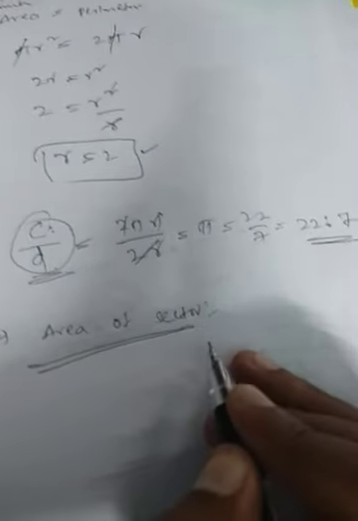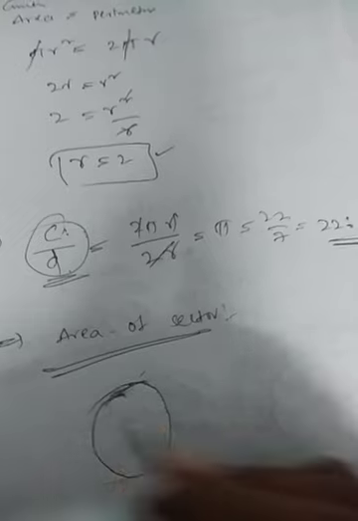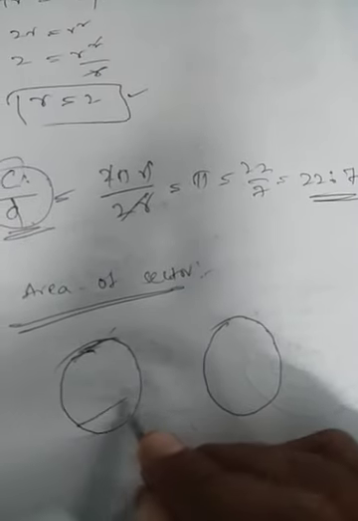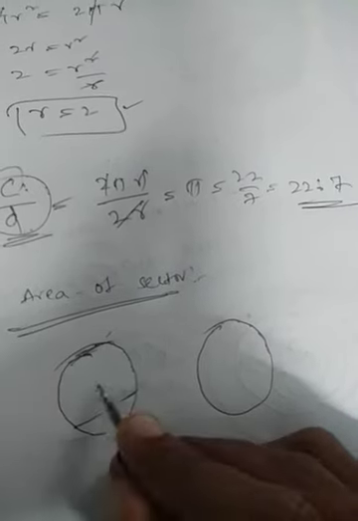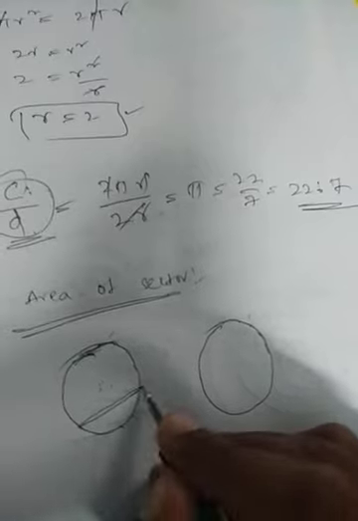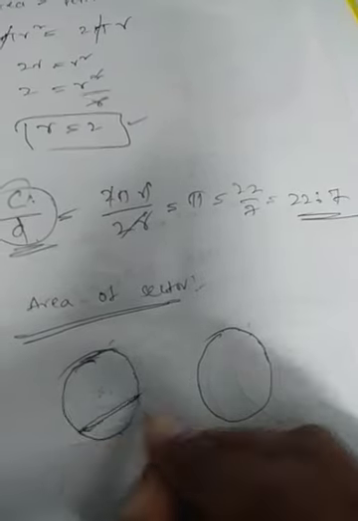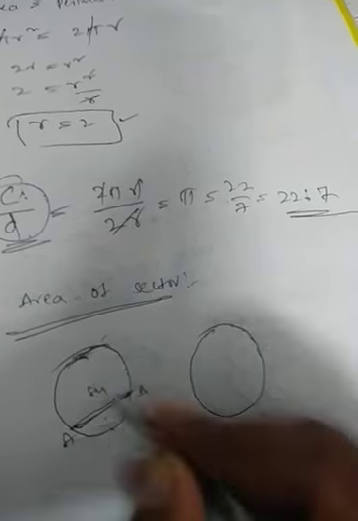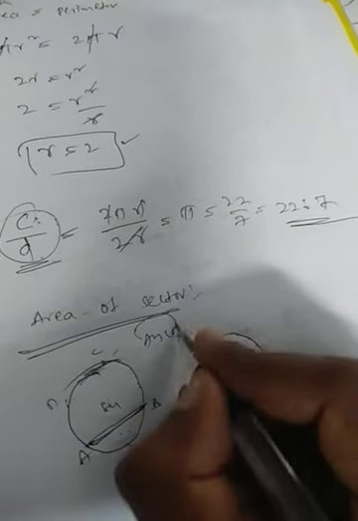First, what is a sector and what is a segment? There are two types of figures I can explain. First, if you draw any chord, that will divide the circle into two parts. Any chord divides the circle into two parts. These two are called the segments of the circle. This is one segment, and this is the other segment. If the points are A, B, C, D, you can represent it as A, B, C, D cap, something like this.